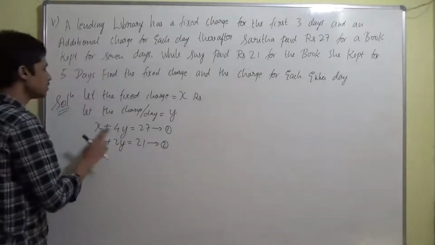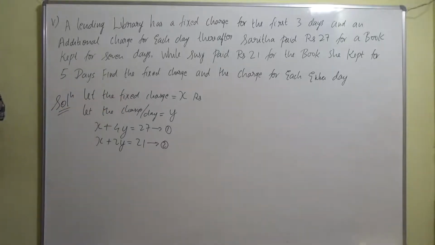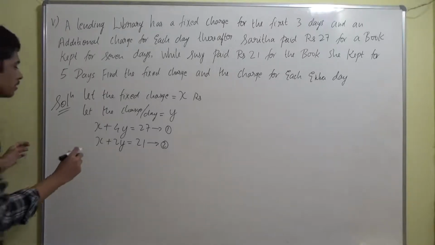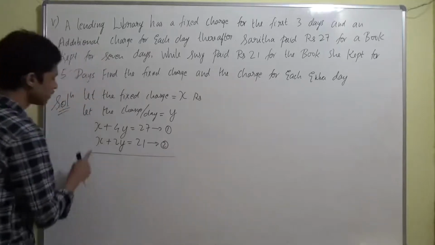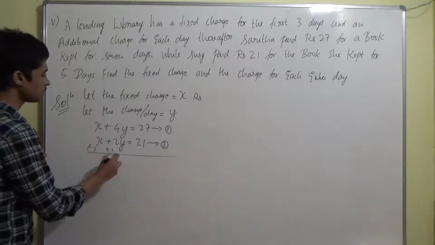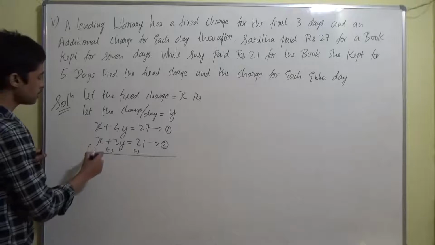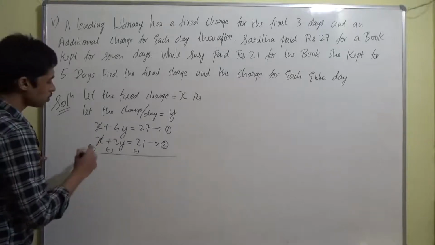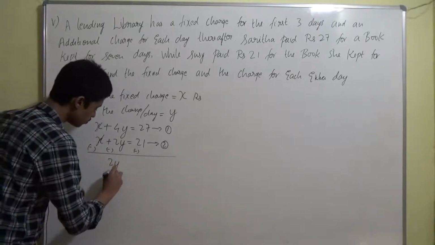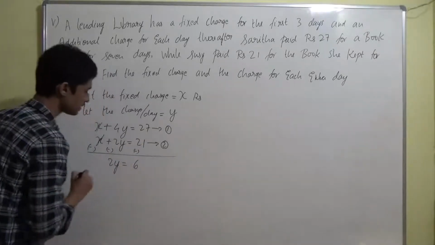Now we have to find the value of x and y, that is the fixed charge and the charge per day. That's it, guys. Right. Now let's do the elimination method, because we have to do it by elimination. So we'll just subtract. x and x are here, so we'll subtract. Plus will make it minus, and here also plus will make it minus. Plus x and minus x will get cancelled. So 4y minus 2y will become 2y, and here 27 minus 21 will become 6,